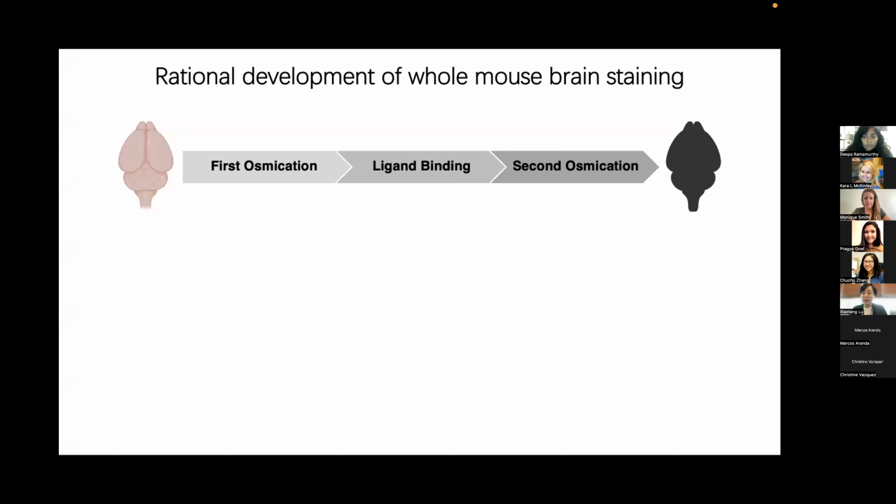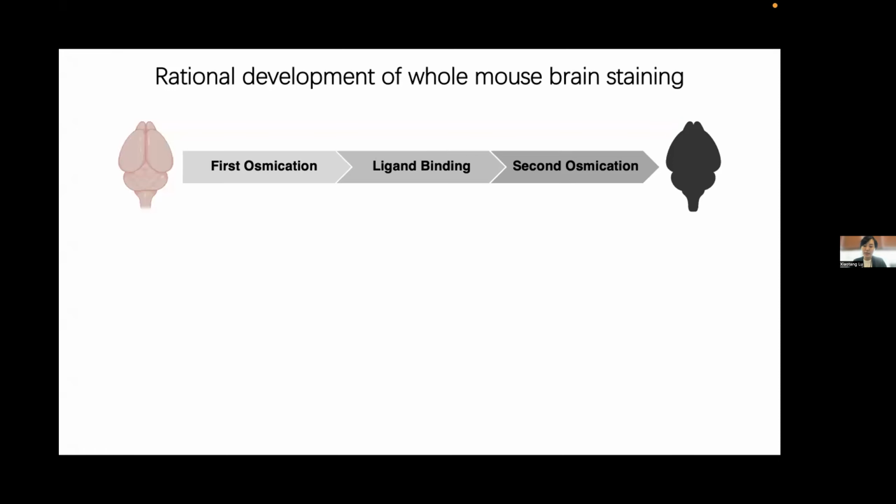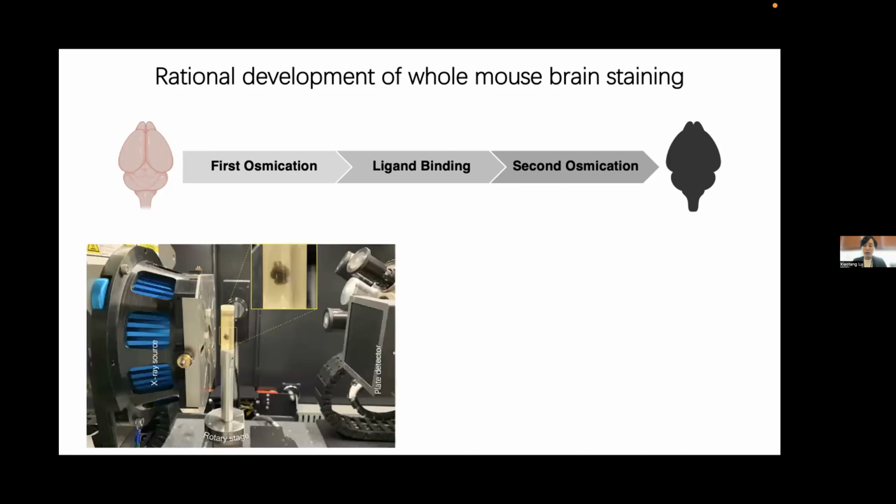So intense and uniform staining is very difficult to achieve simultaneously in a large brain specimen. Worse still, a stained brain can only be assessed after finishing this 2-month-long procedure. If one step fails, we are unable to know until 2 months later when we look at the tissue under EM. So to solve this problem, I set up a reaction capsule inside an X-ray microscope so that we can